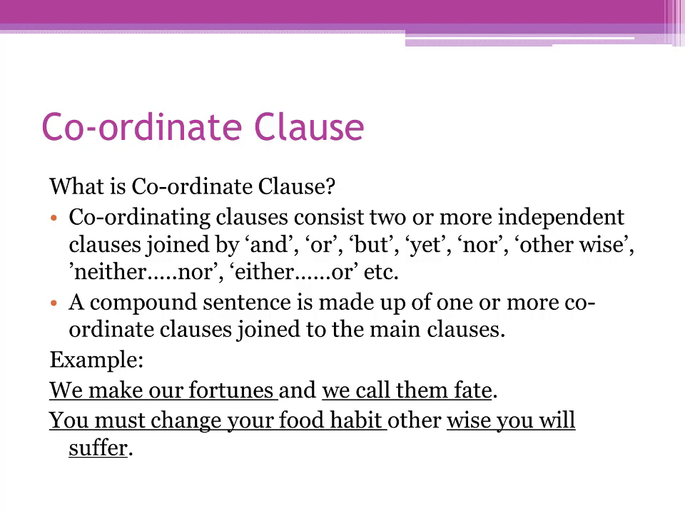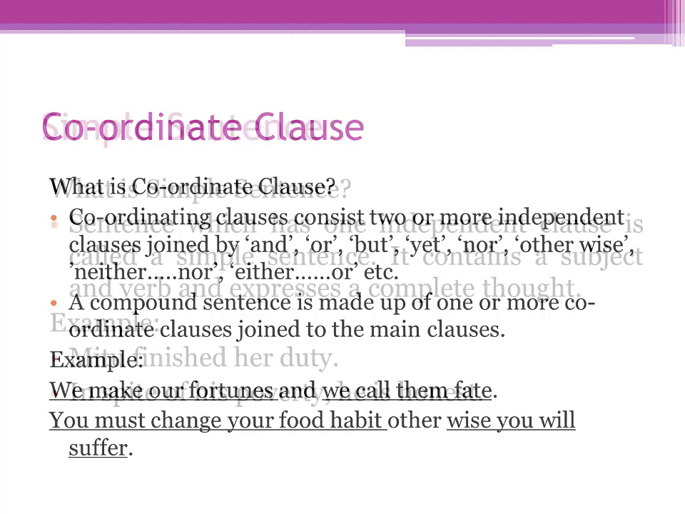Coordinating clauses consist of 2 or more independent clauses joined by and, or, but, yet, nor, otherwise, either or, neither nor, etc. A compound sentence is made up of 1 or more coordinate clauses joined to the main clause. Example: we make our fortunes and we call them fate. You must change your food habit, otherwise you will suffer. Now, what is simple